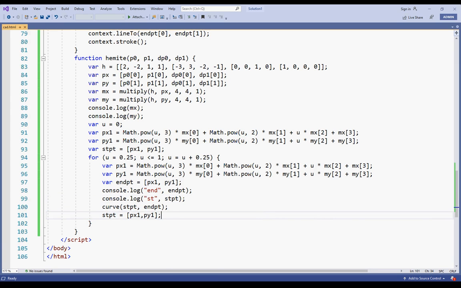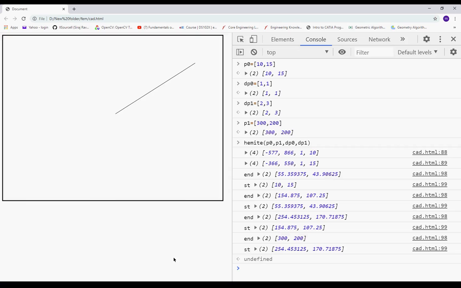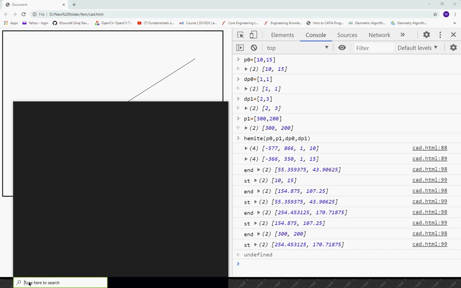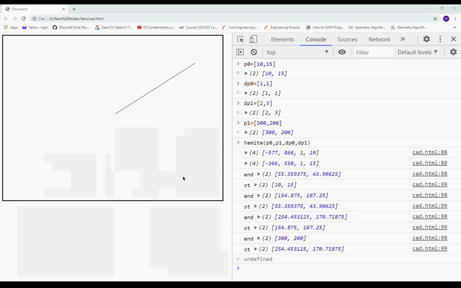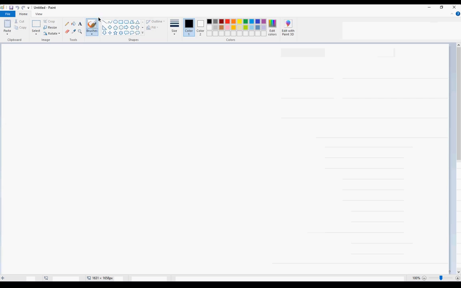Okay, so actually it should come as a curve itself, but the line should be something like this.